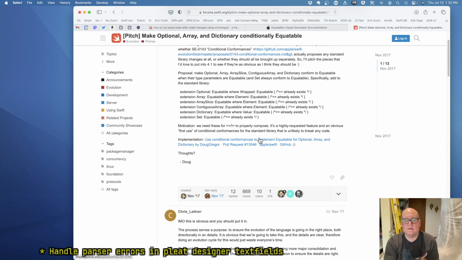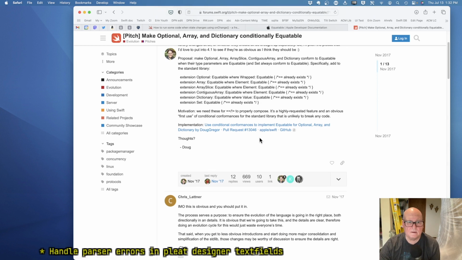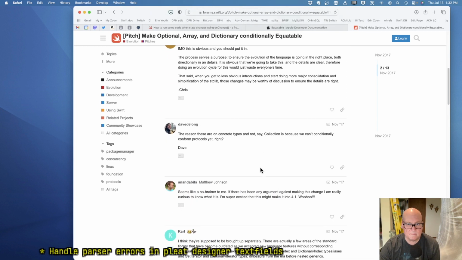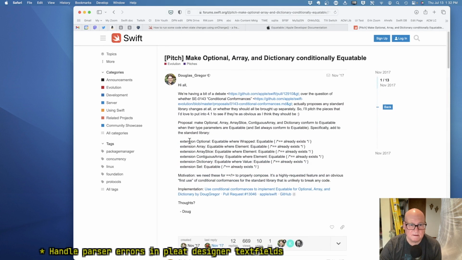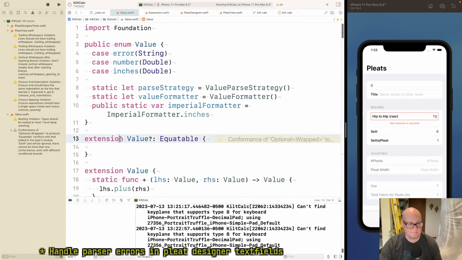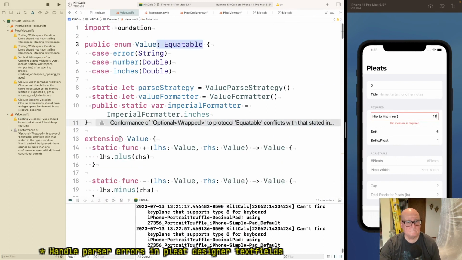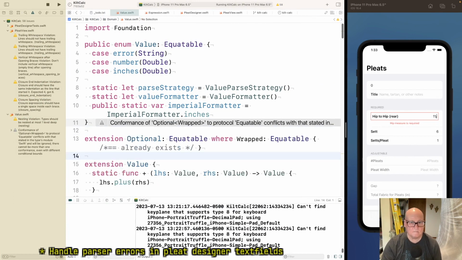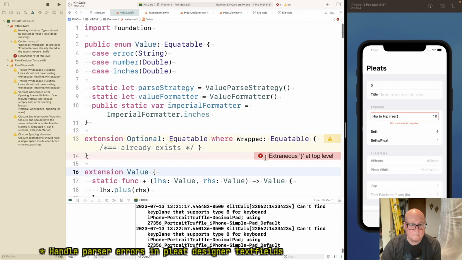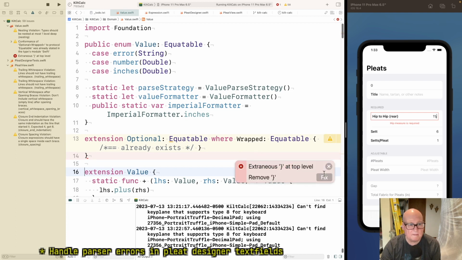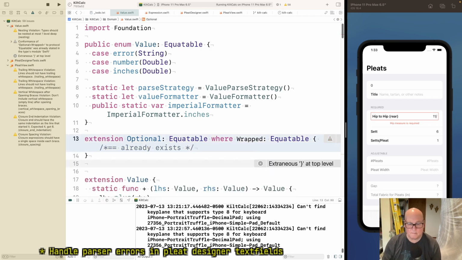Extension optional where wrapped is equatable. Does this work?